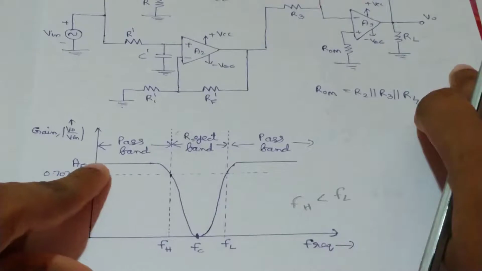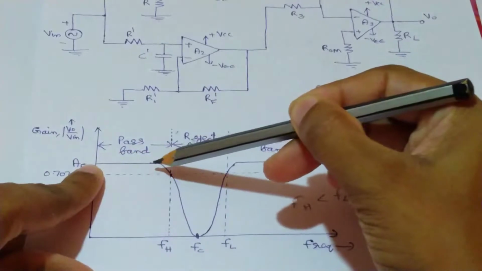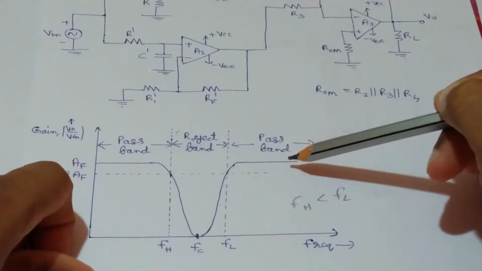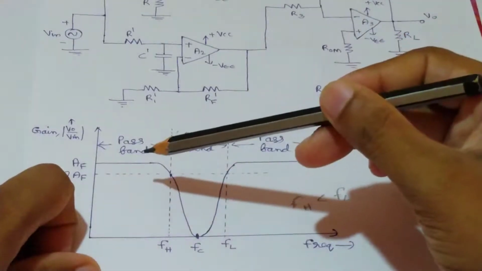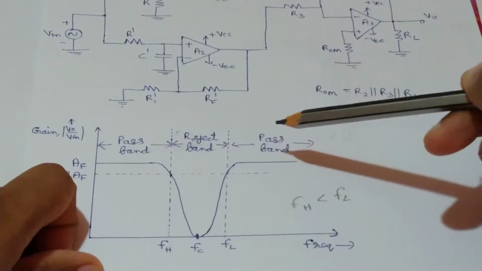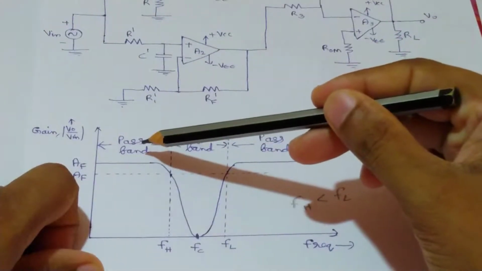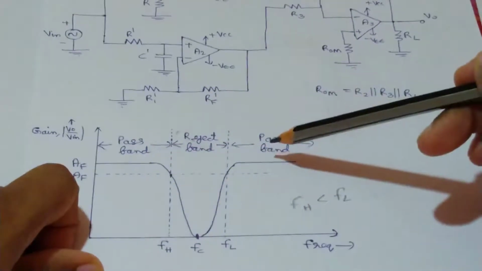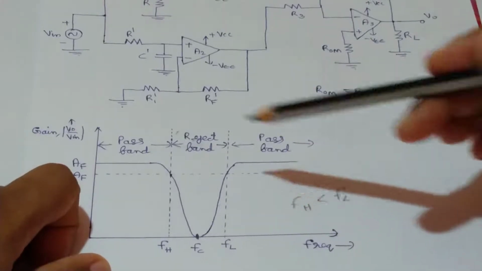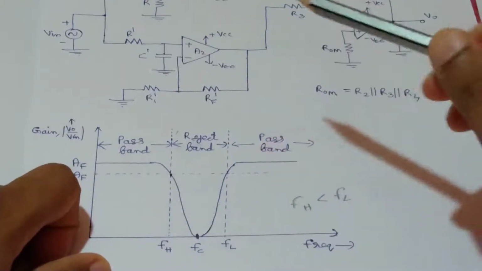is the same here and here. Actually, this is the pass band gain of the low pass filter, and this one is the pass band gain of the high pass filter. So here the pass band gain of the low pass filter and the high pass filter must be the same, while in the case of a band pass filter, the product of the gain of the low pass filter and high pass filter is equal to the total pass band gain. But here the pass band gain of the low pass filter and the high pass filter must be equal.